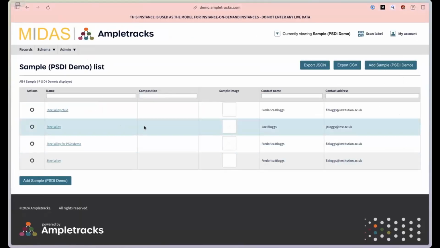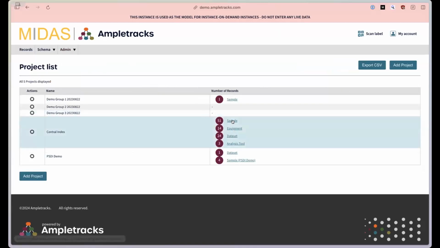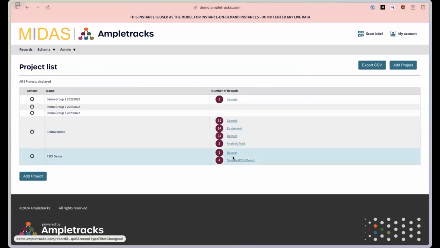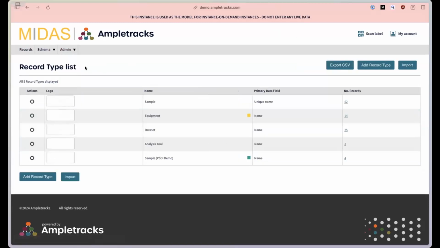So as a super user, I log in. I'd already set my UI to be scaled at 70%. So you can already see I've got access to two new areas: schema and admin. Within admin, I can create new projects, but also see how many records are associated with each project. I can also see all the record types that are contained within